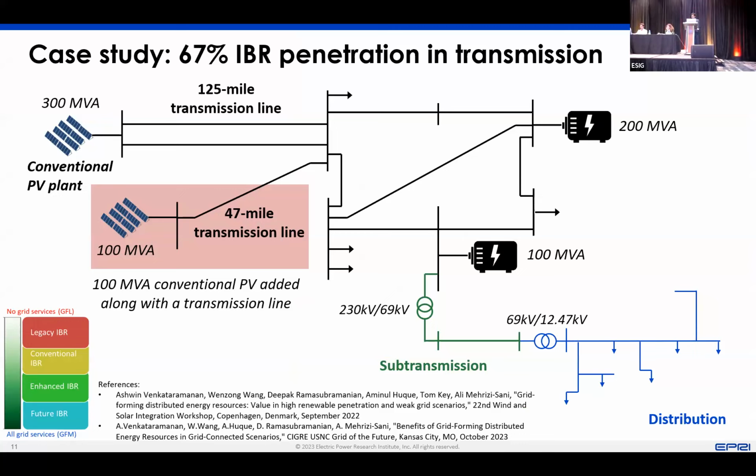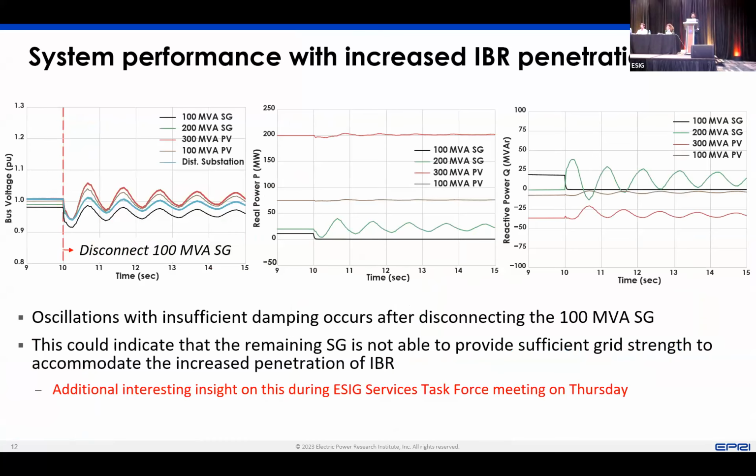And you start looking at, okay, what will happen if you lose some rotating machines on the transmission system, essentially reducing the amount of rotating machines that you have. And you try to see, okay, what's going to be the impact on the distribution network. So we have some instabilities coming up. We all like instabilities in these studies because it gives us a chance to provide solutions. And we see that some of these instabilities are very insightful.